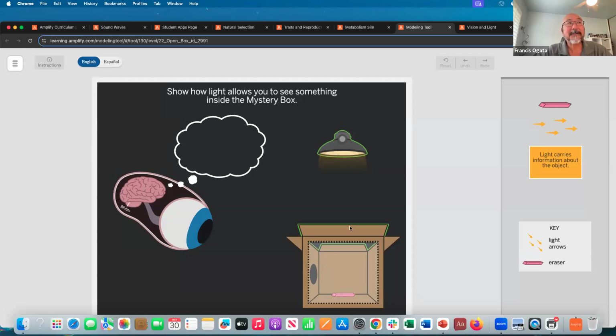There's an eraser, and this is called the open box modeling tool because there's also one that's called the closed box modeling tool. And the idea is if I show it this way, if the kids can show that the light is going into the box from this light source and the light is coming out of the hole from this box into the eye, then he should be able to see the eraser. And if the kids can do this, that means that they totally understand what they're doing. And so that's how we check for understanding.